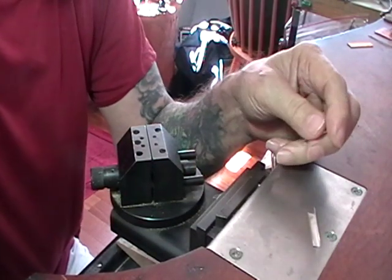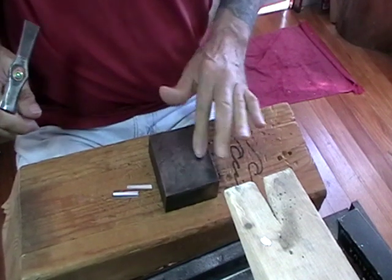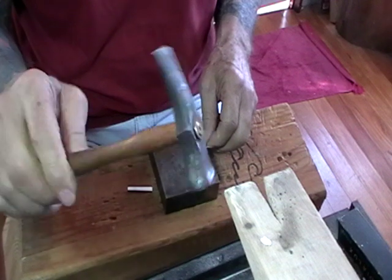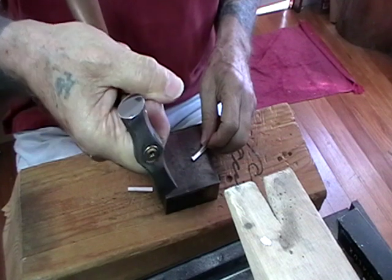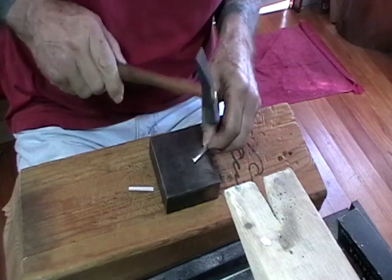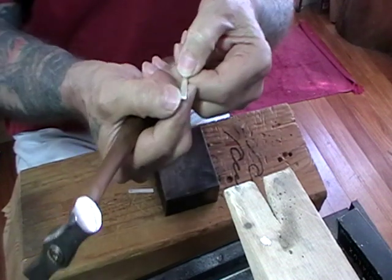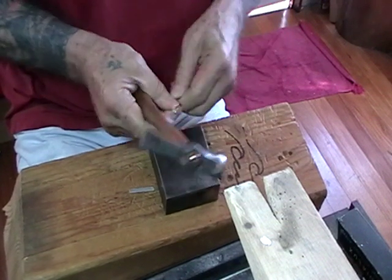So we'll continue. So I'm on my little makeshift bench here, my piece of timber, and my bench block piece of steel. If you have an anvil, great. So what I'm going to do is I'm using a French jeweler's hammer. You could just as easily use a ball peen hammer. This is polished flat and fairly sharp edge. So I'm just gently hammering this to make sure that the edges are lined up. Then once your edges are lined up, flatten it out,